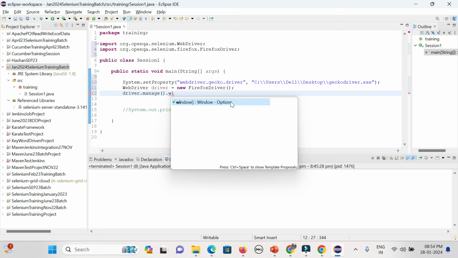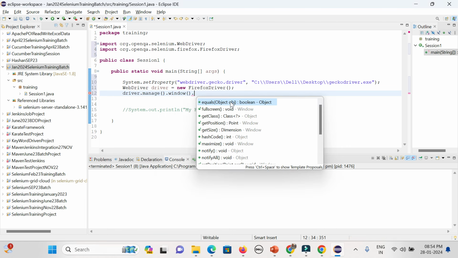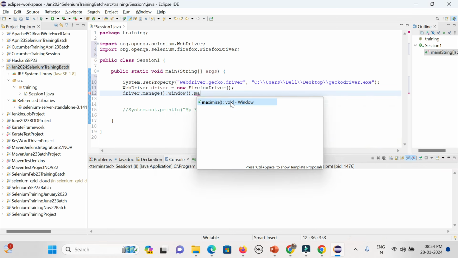Then dot maximize. Maximize comes from the window, but what is the return type? The return type is void, meaning it will not return any output at all. It will simply do the action.